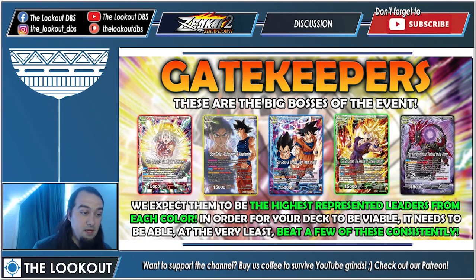And out of all of them, I think Mexicabura is by far the best one. But let's focus on red here. So we expect these to be the highest represented leaders from each color. Not only are they likely the best leaders in each color, they're probably going to be the highest represented ones as well. So the higher you go in the event, the more likely you will run into one of these